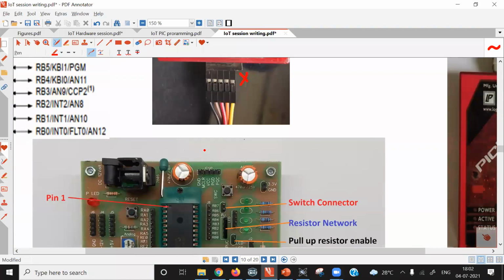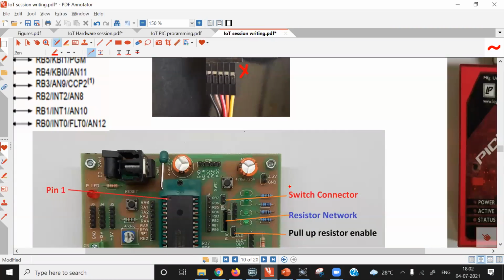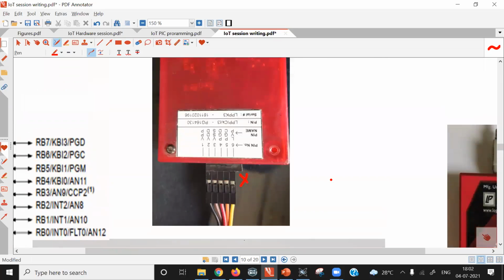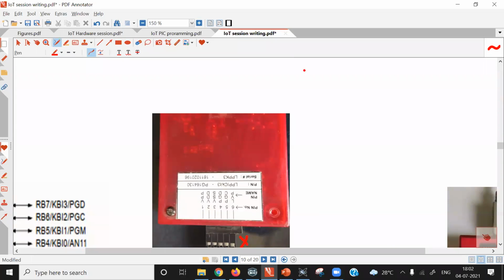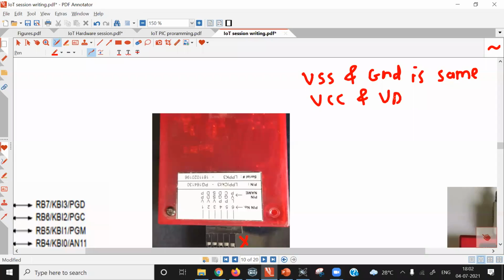Now, at the time of connection, how to do the connections? The meaning of VSS and ground is the same. Similarly, VCC and VDD is the same. These are just synonyms.